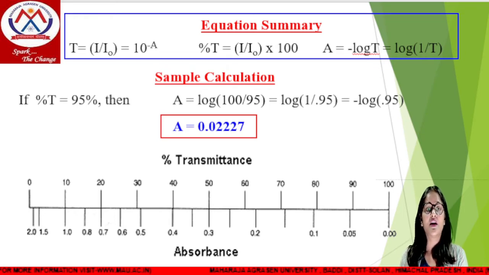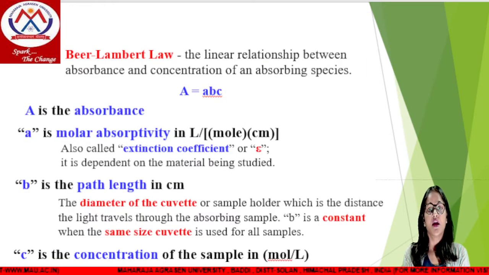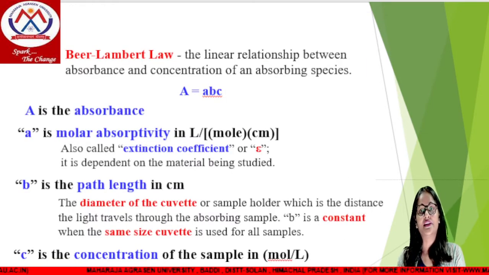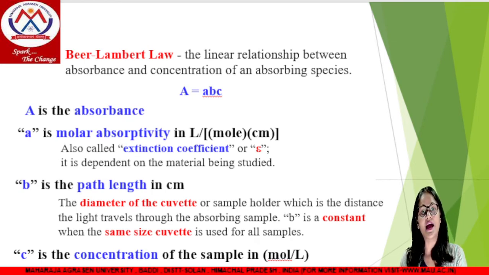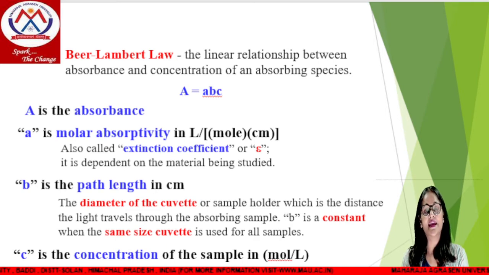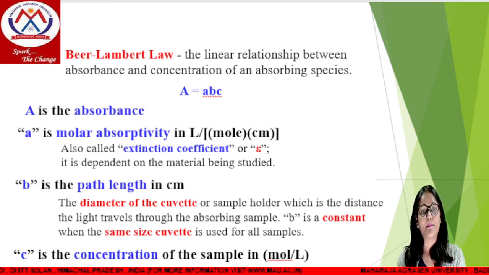So you can see, the higher the transmittance, the lower the absorbance, and vice versa. A very important linear relationship was given by Beer and Lambert between absorbance and concentration of an absorbing species. This is known as the Beer-Lambert law, and it is represented as A = abc,